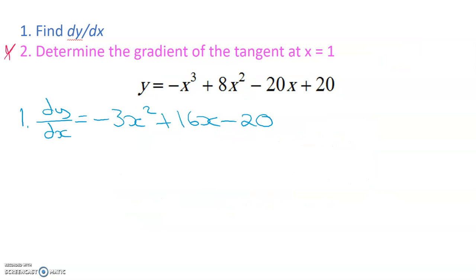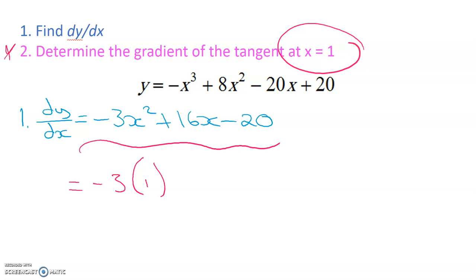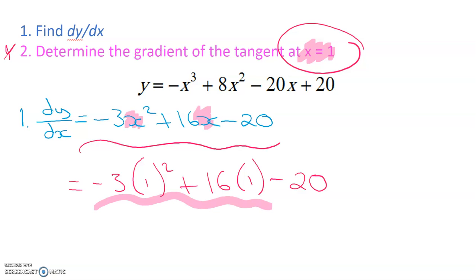Now part 2 asks us to determine the gradient of the tangent at x equals 1. Now the gradient of the tangent is exactly the same thing as finding the derivative, or differentiating. So when we differentiate, we are literally finding the slope at any given point of the function. So I already have worked that out, so all I need to do is substitute x equals 1 into the function that I now have. So I have negative 3 times 1 squared plus 16 times 1 minus 20. So all I did there was, for x equals 1, put 1 wherever x was, plug it in,